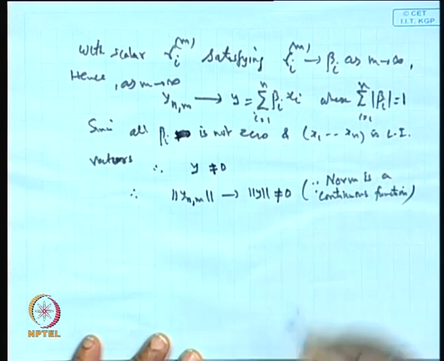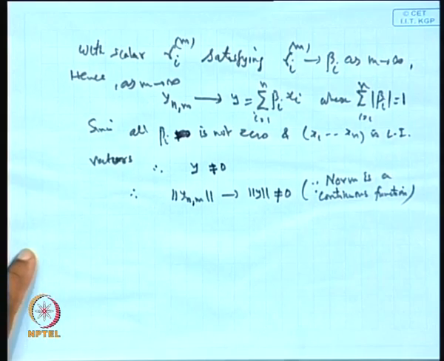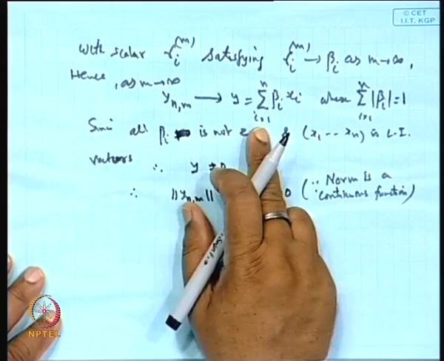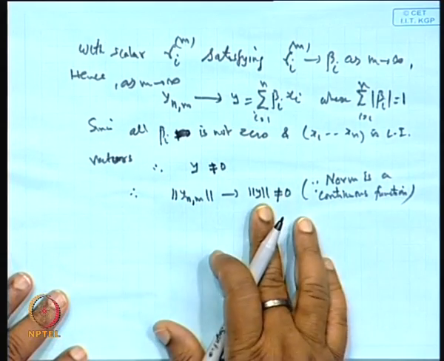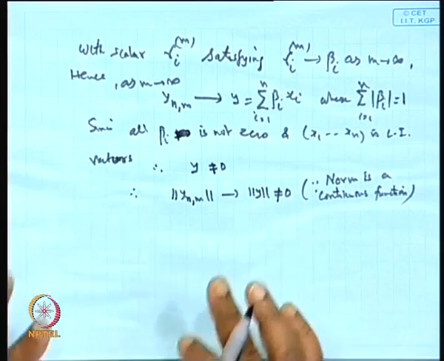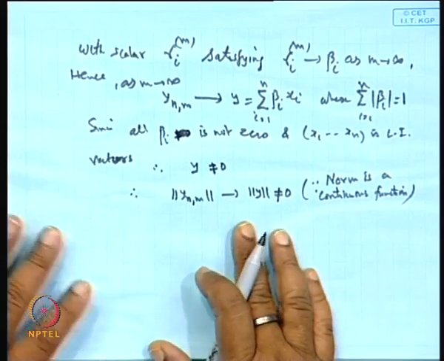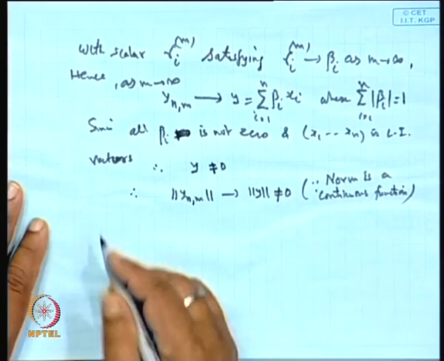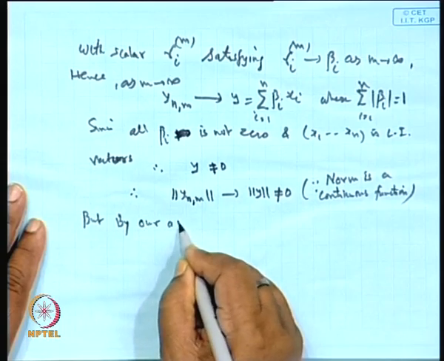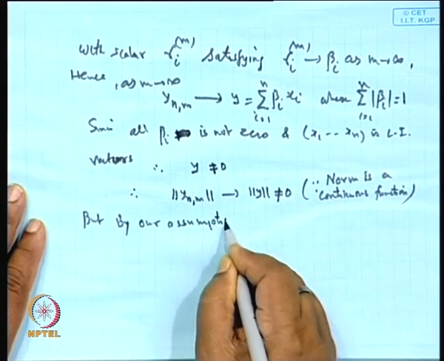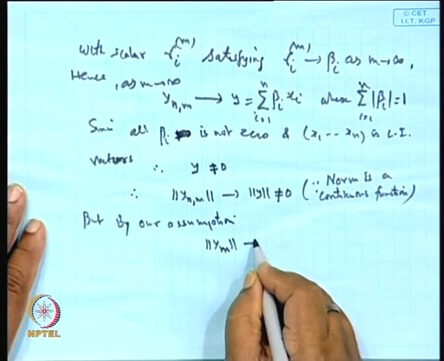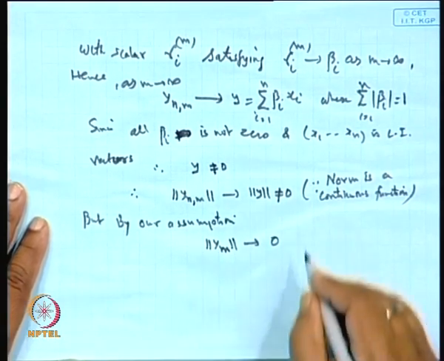Continuous function. This I will show you. So, if this sequence goes to y, the corresponding norm will go to the norm of y. Now, since y cannot be the 0 vector, its norm, its length, cannot be 0; it will be non-zero. Clear? So, the norm of y will be different from 0, but by our assumption,